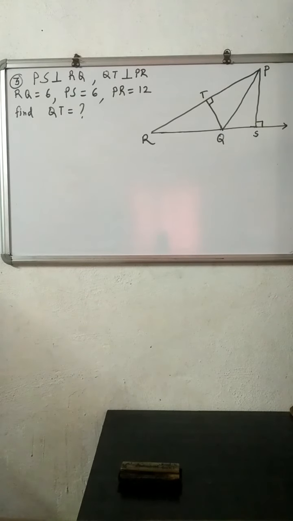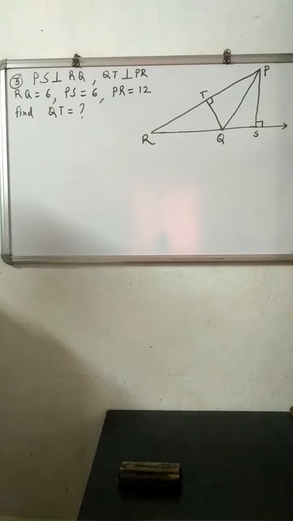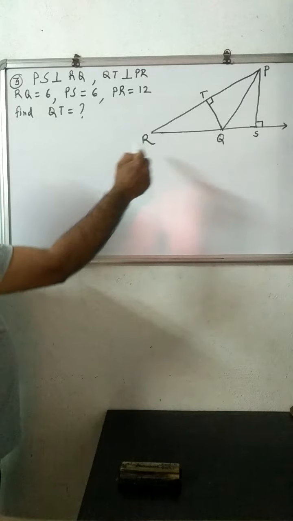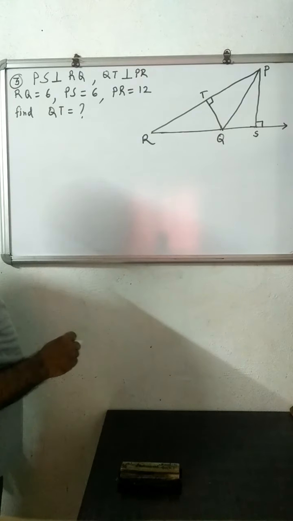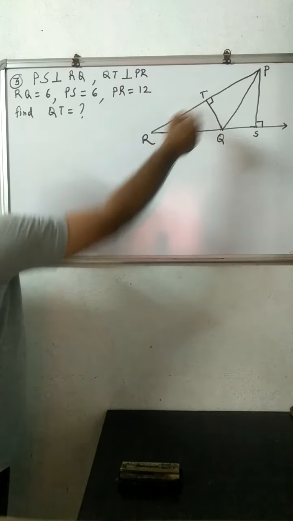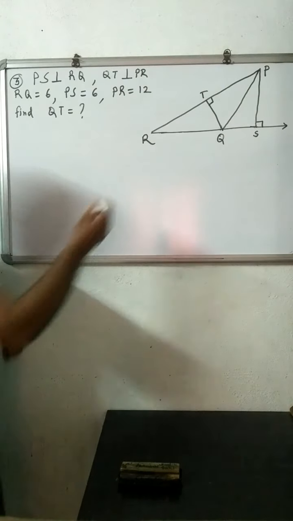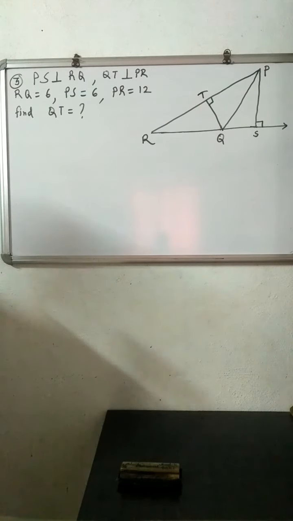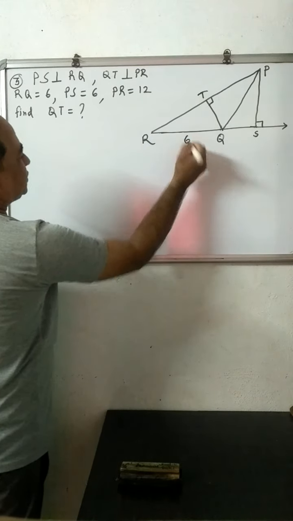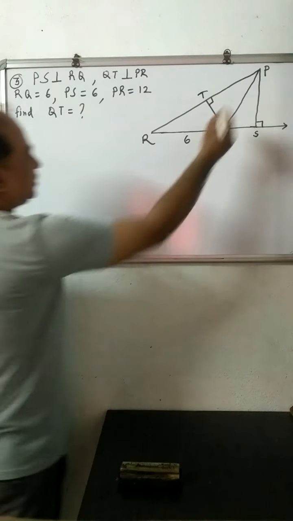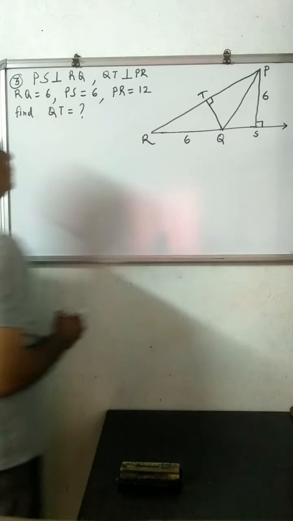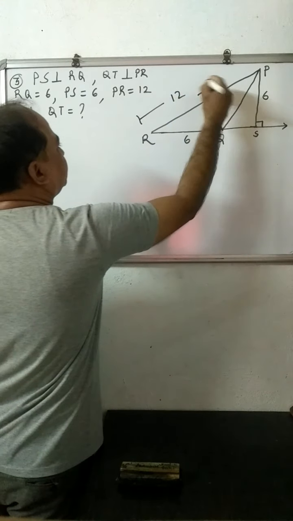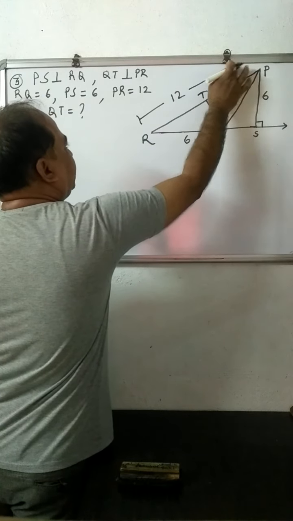Third example, observe the figure. In the diagram, PS is perpendicular to QR and QT is perpendicular to PR. RQ is equal to 6. PS is also 6. PR, this length PR is 12. We have to find